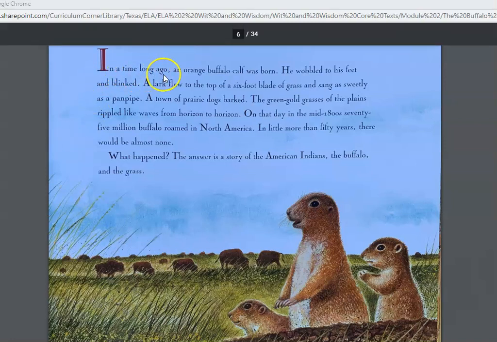In a time long ago, an orange buffalo calf was born. He wobbled to his feet and blinked. A lark flew to the top of the 6-foot blade of grass and sang as sweetly as a panpipe. A town of prairie dogs barked. The green gold grasses of the plains rippled like waves from horizon to horizon. On that day in the mid-1800s,